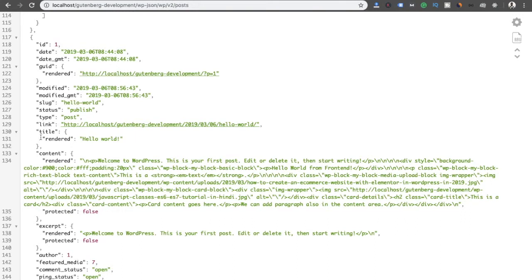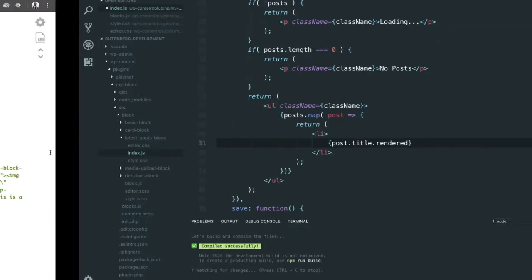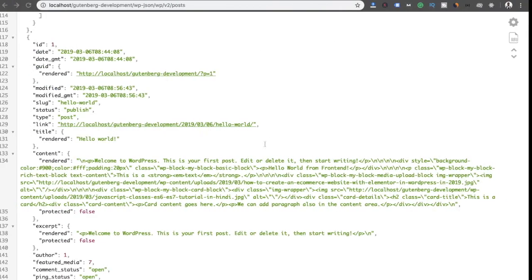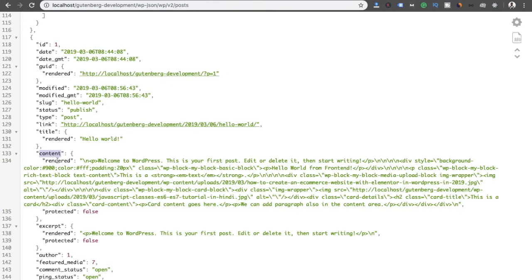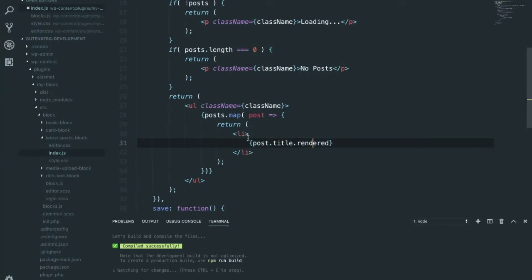Okay, so if we want to fetch the content of the post, then we can fetch it from post dot content, then dot rendered. Okay, in this way we can get into the exact data which is required. Okay, so now I'm going to update it a little bit more. I'm going to wrap those titles with the link of their respective post. Okay, so over here